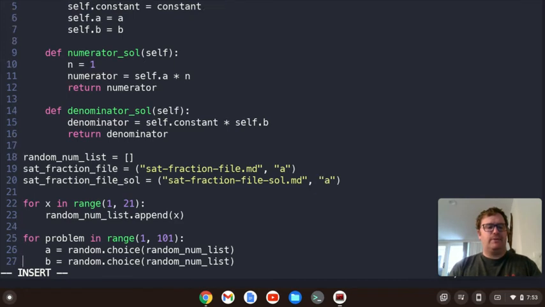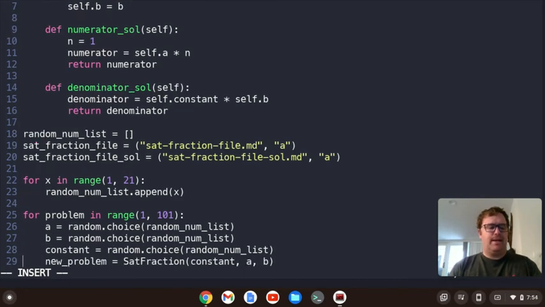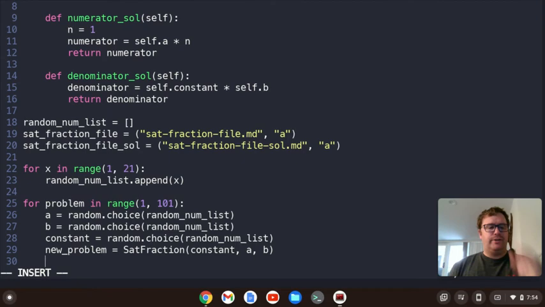Okay, so now we're going to go back down here, and what I'm going to do is start to write the problem. So I'm going to say SAT fraction file dot write, and the way I'm doing that is Control N to autocomplete it. What I'm going to do is write an F string and say that this is problem. And actually, in Markdown, we want to have this as a heading, so I'm going to do two hashes, and then problem, and then